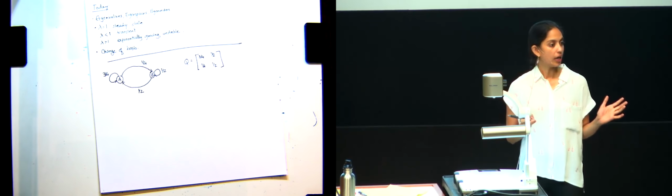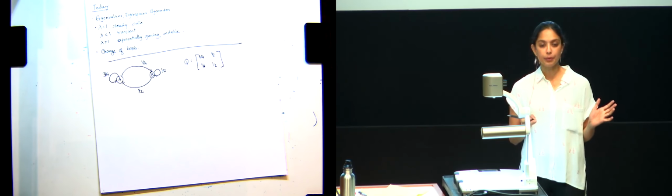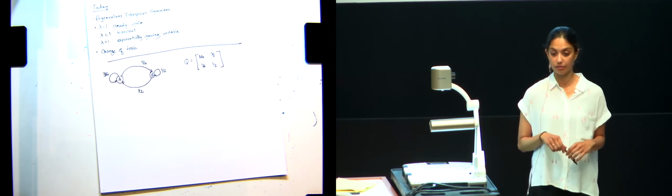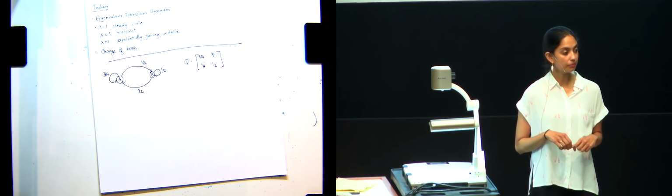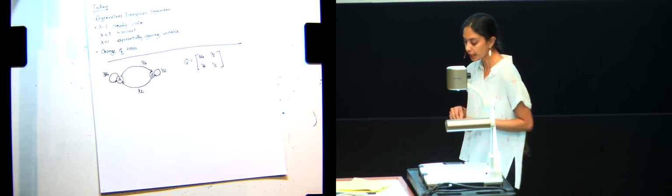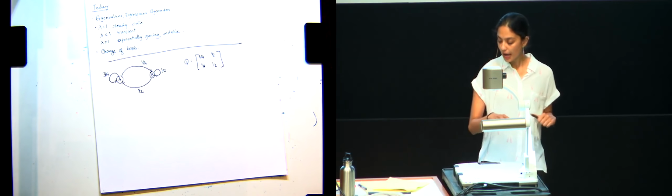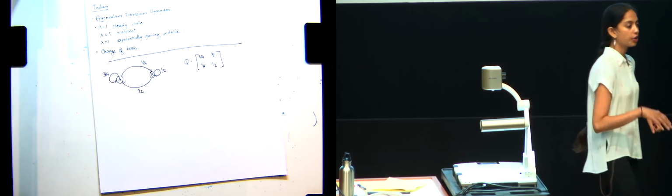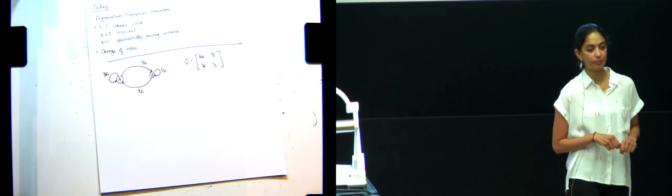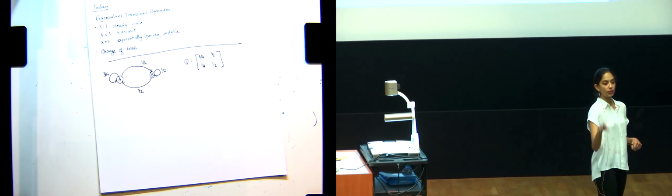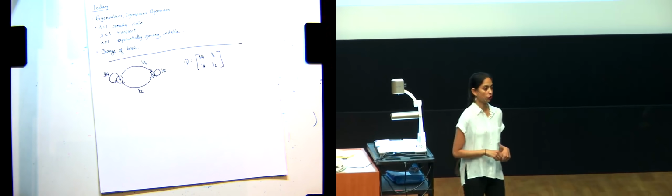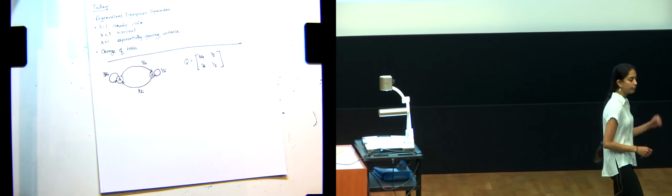So, how many people remember what we talked about in lecture last time, where we had eigenvalues and eigenvectors, and we tried to figure out the steady state using eigenvalues and eigenvectors? Why don't you take a minute and go through and calculate the eigenvalues for this particular matrix. Talk to your neighbor. You did a bunch in section last time as well. So make sure you understand how to calculate the eigenvalues for this. Make sure your neighbors also know. If they don't know, teach them. If you don't know, ask them.